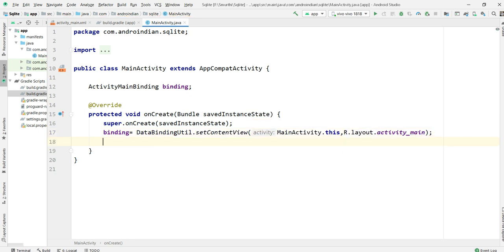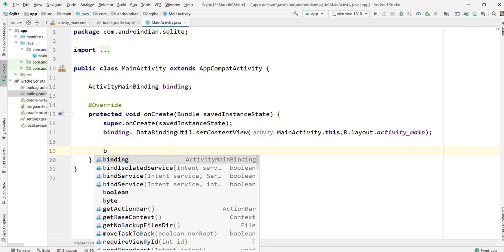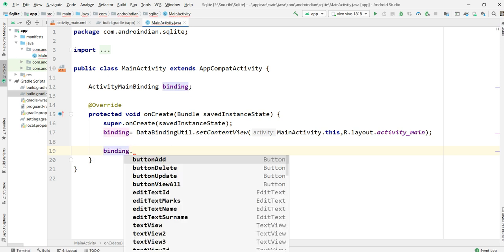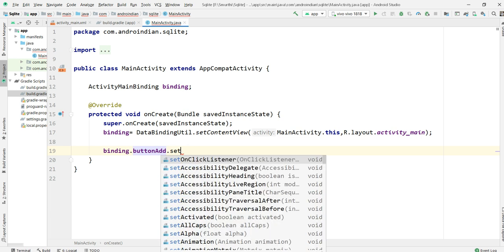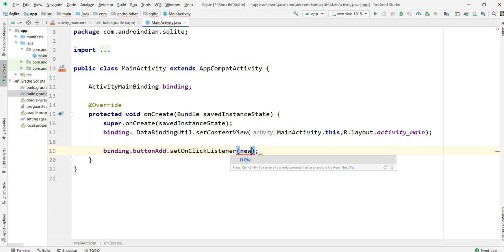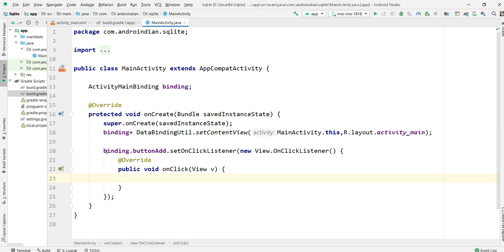Then first I'll write the listeners for all buttons, then we can go to the next step. First is the button add. For the button add, I am applying the setOnClickListener, meaning once I click on this, I need to store the data. That operation we can do, but first I'm writing all these listeners.